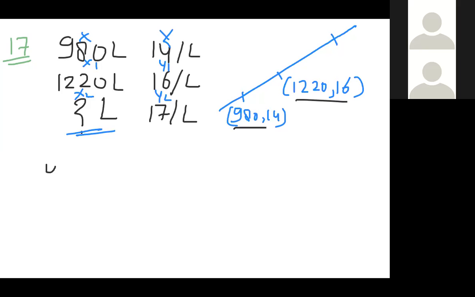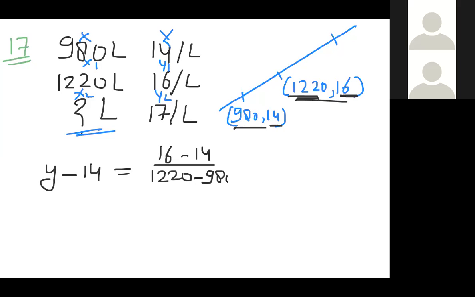It will be y minus y1 equals y2 minus y1 upon x2 minus x1, times x minus x1. Y minus 14 is equal to 2 upon